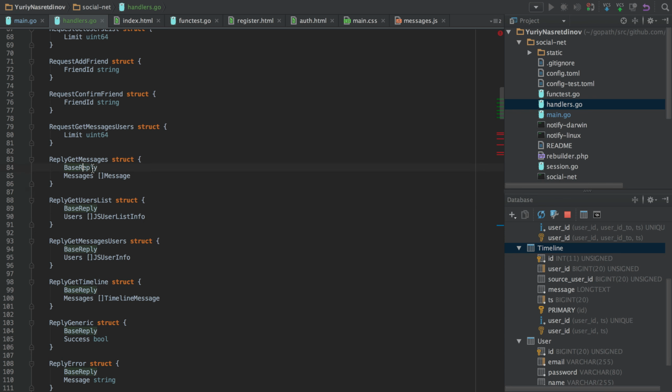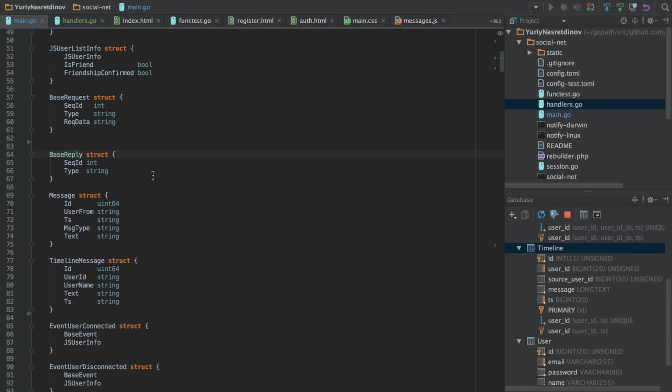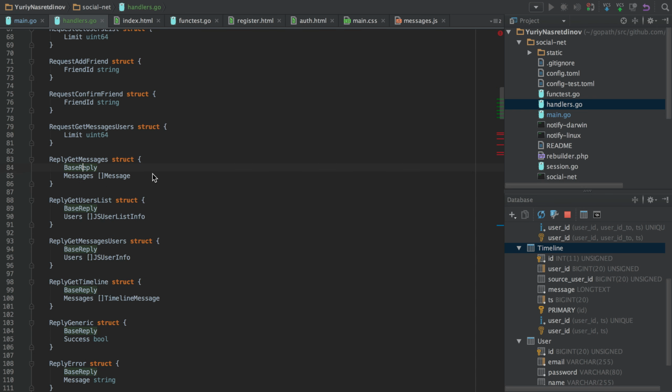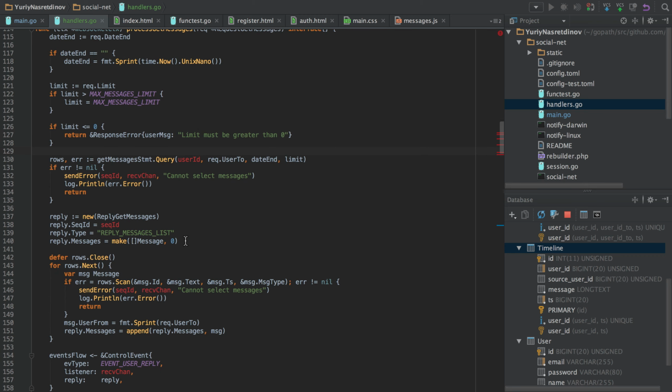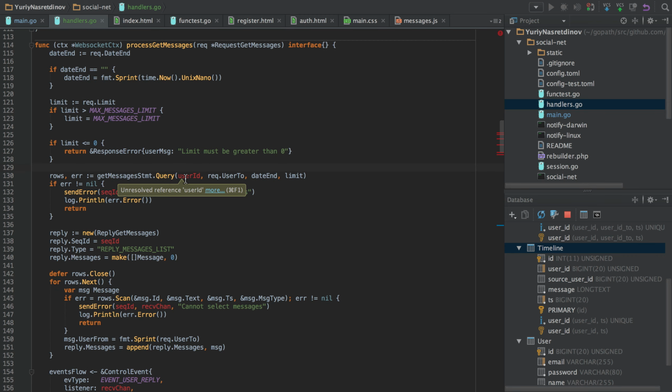So all replies should have a base reply and type, and we can't get rid of it sadly, so we should just return the reply get messages structure, but we also could return response error, so we'll stick to empty interface for now.